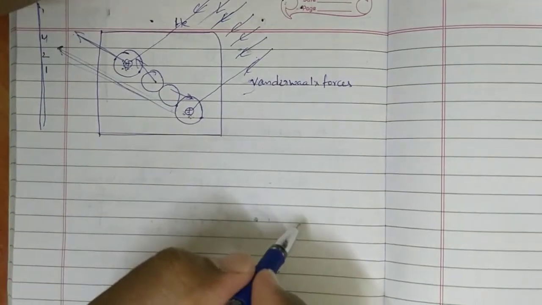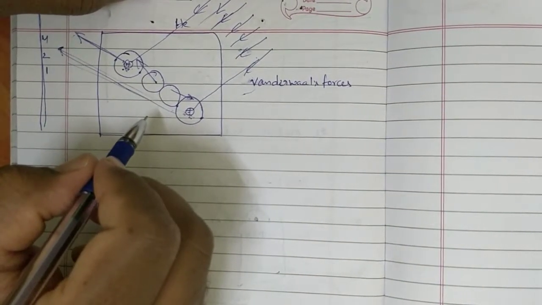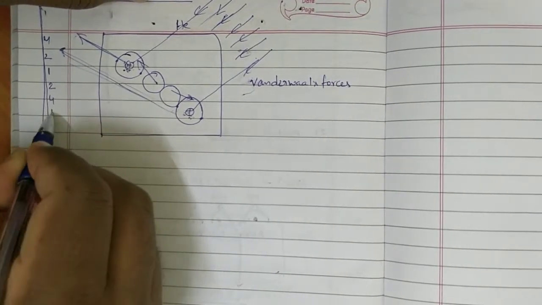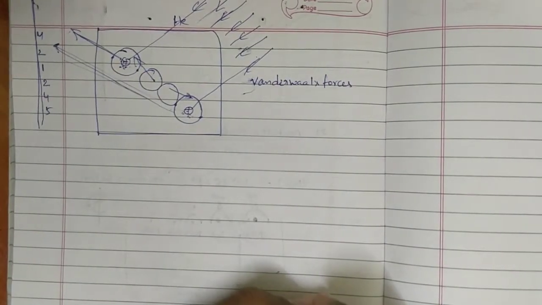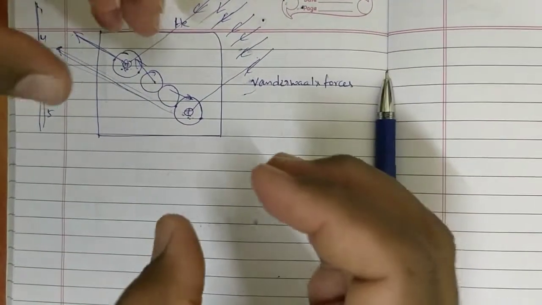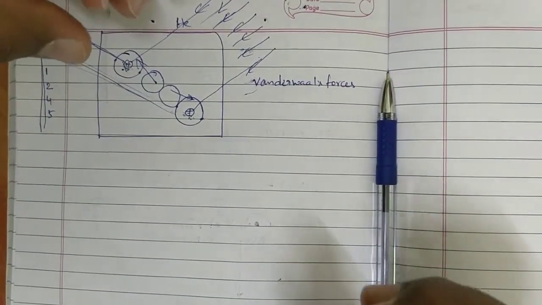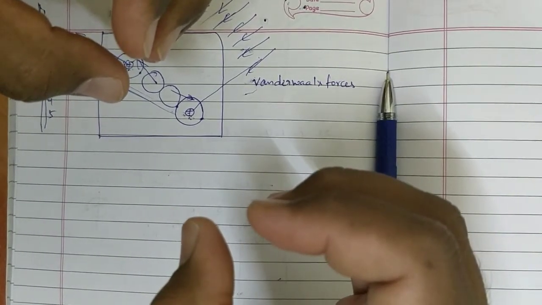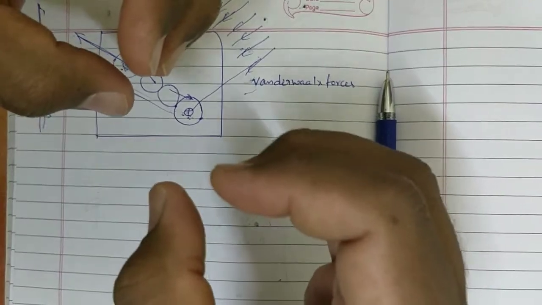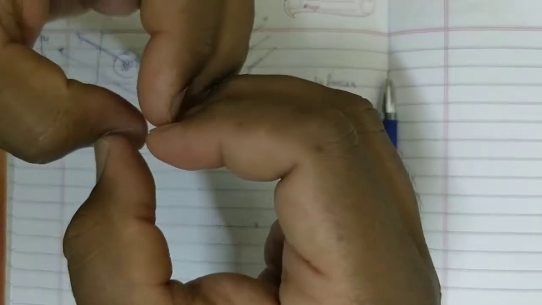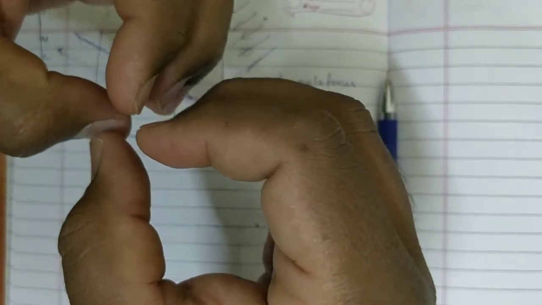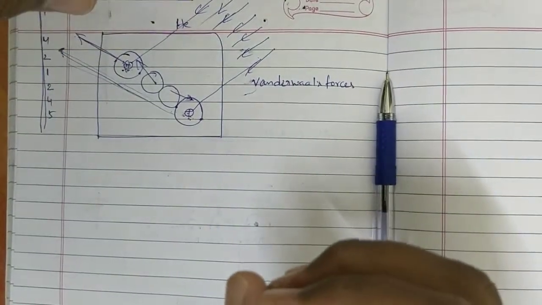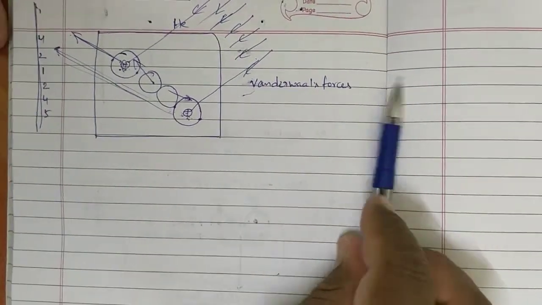When they are moving back, the distance between them increases again. So this 1 becomes 2, 4, 5 like that. Is it correct or not? So two atoms are coming away from each other. While they are reaching near each other, the distance between the nuclei decreases. Is it okay? Decreases. And finally they collide with each other. That is the minimum value. Again they will move away because they are not involved in a bond. At that time the distance between them increases.